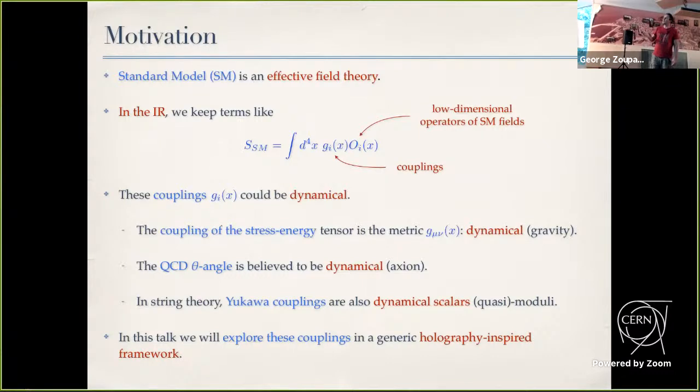For example, the coupling to the stress energy tensor is the metric, which is dynamical and describes gravity. The QCD theta angle is believed to be dynamical and is related to the axions. In string theory, Yukawa couplings are also dynamical scalars, moduli, etc. And in this talk, I will explore these couplings in a generic